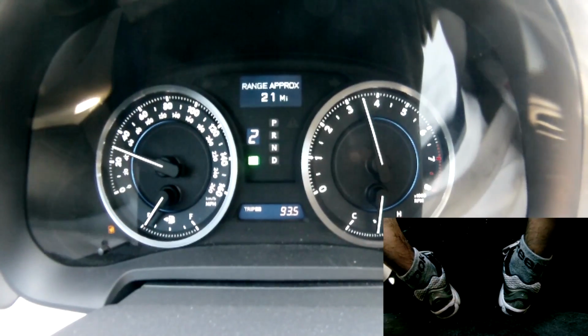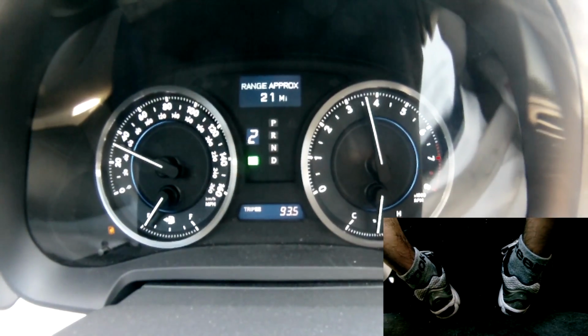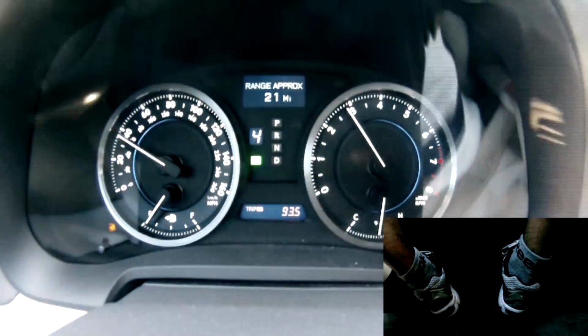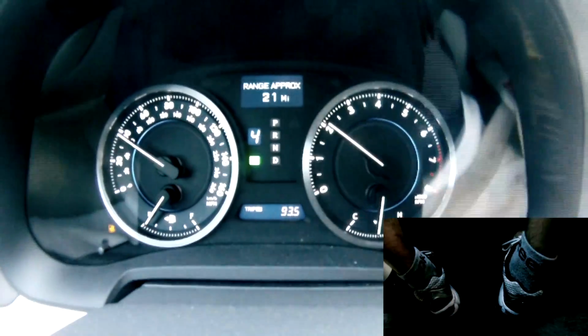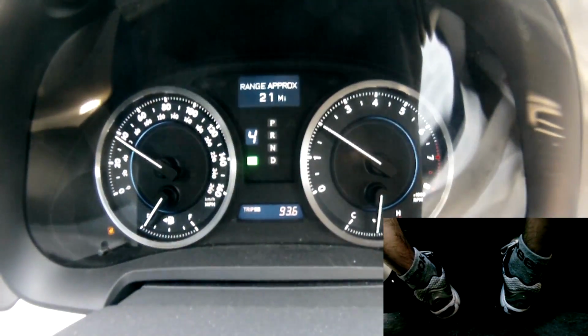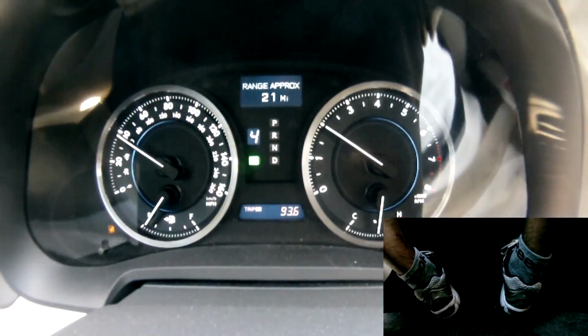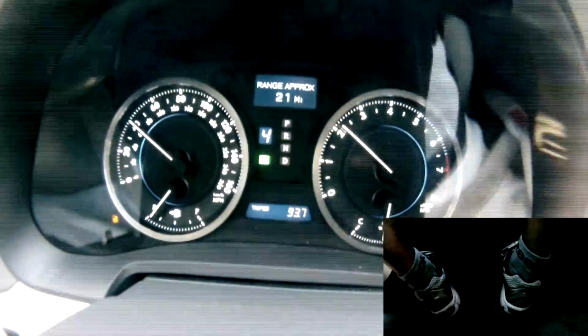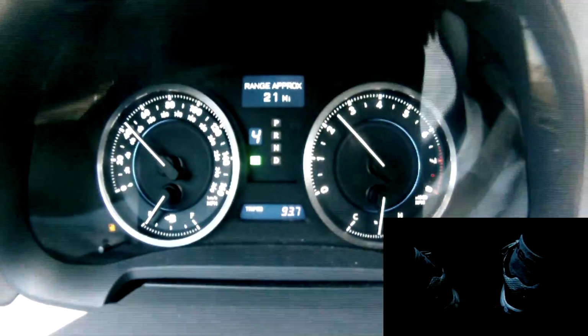So right now I'm at 3,500 RPMs, upshift into third, and then third gear, upshift into fourth again. So as you guys saw before, I upshifted at 3,500, and then later on I upshifted between 2,500 and 3,000 RPMs. So now if I wanted to downshift, so say I rev it all the way up to 2,500,